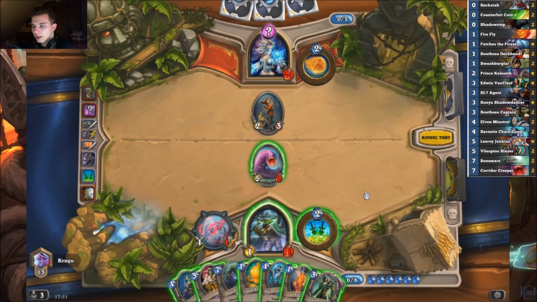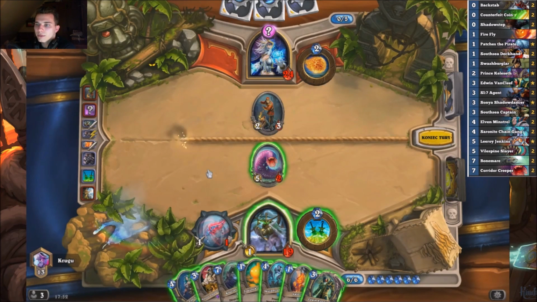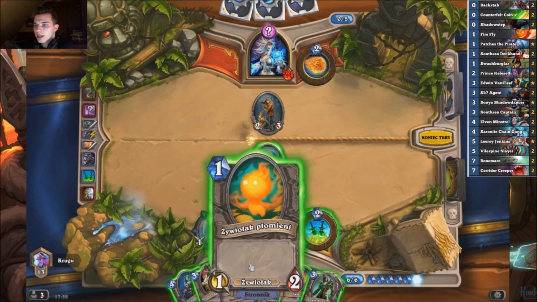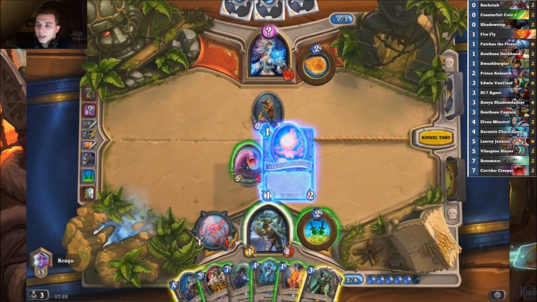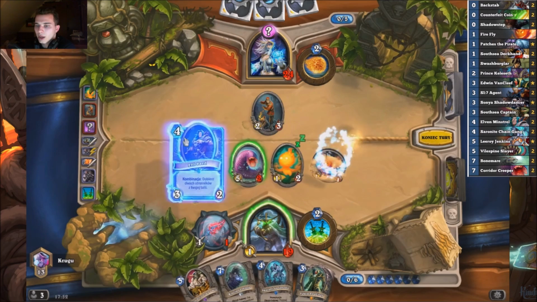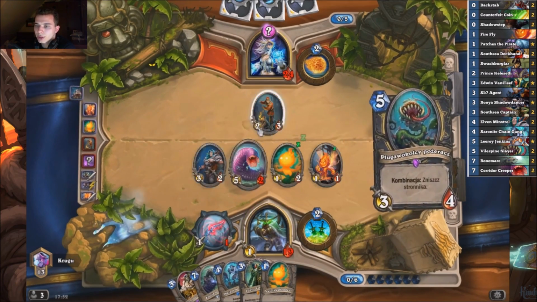So I think this Sonya Shadow Dancer play was really fine. So in this situation we want to play around the explosive rune. So the first card should be probably Flame Elemental, because he is absorbing the biggest amount of damage from the explosive rune, plus also it allows us to then combo the Elven Minstrel, so it makes a